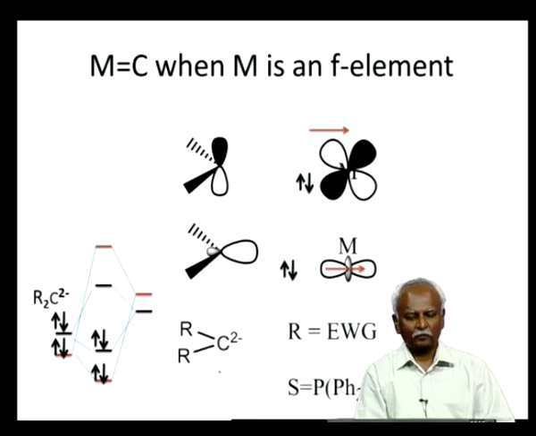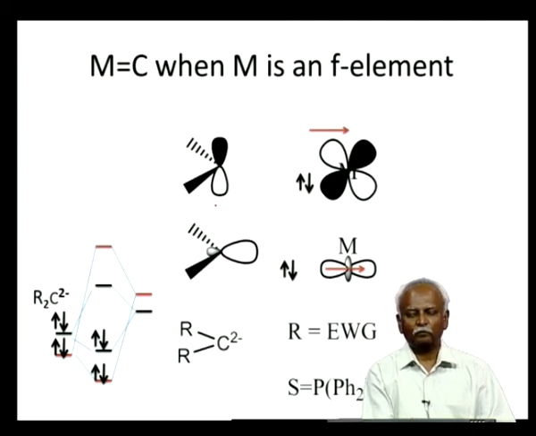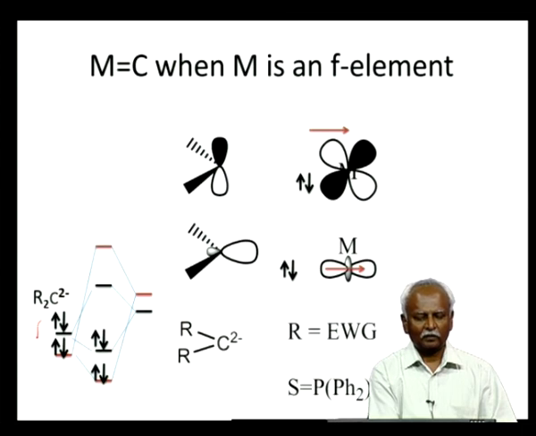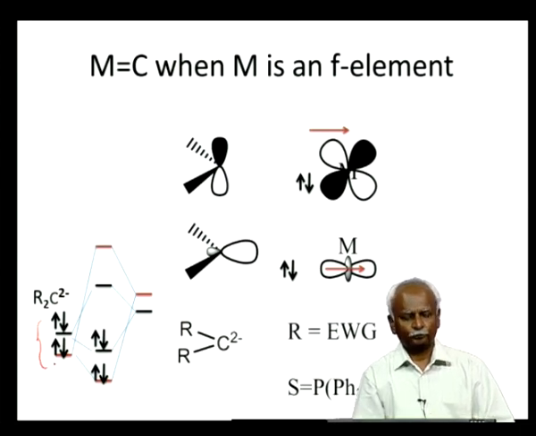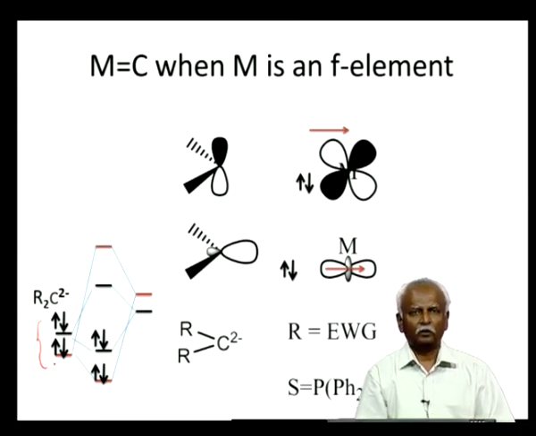So, you have both a sigma bond, which I have pictured here, that has a pair of electrons, and you have a p orbital on the carbon, and that has also got a pair of electrons. And the energy level diagram is shown here on your left bottom of the screen, and that